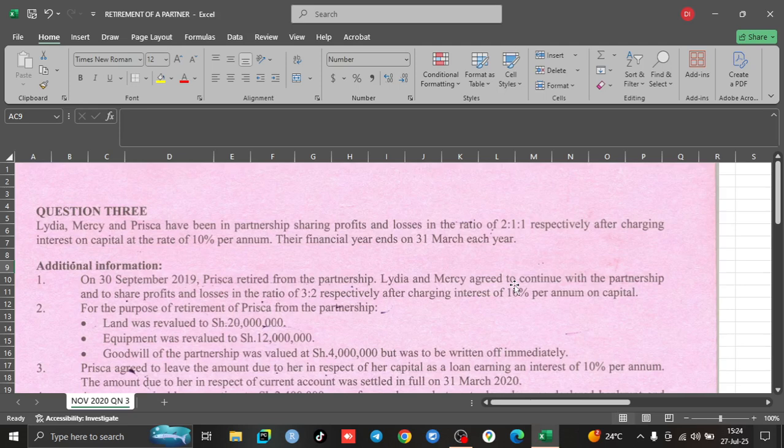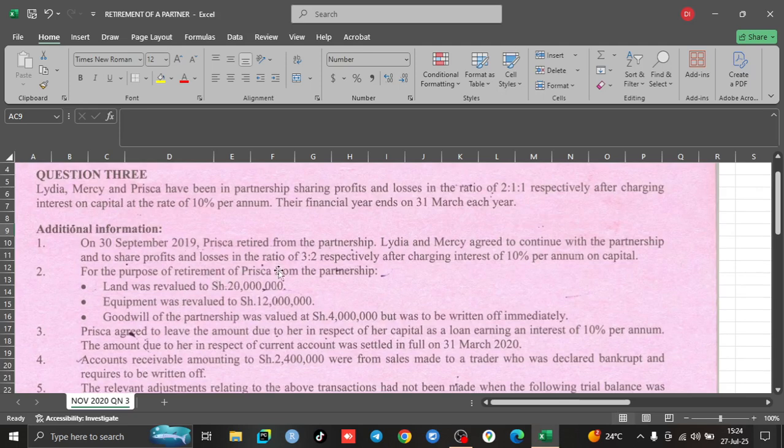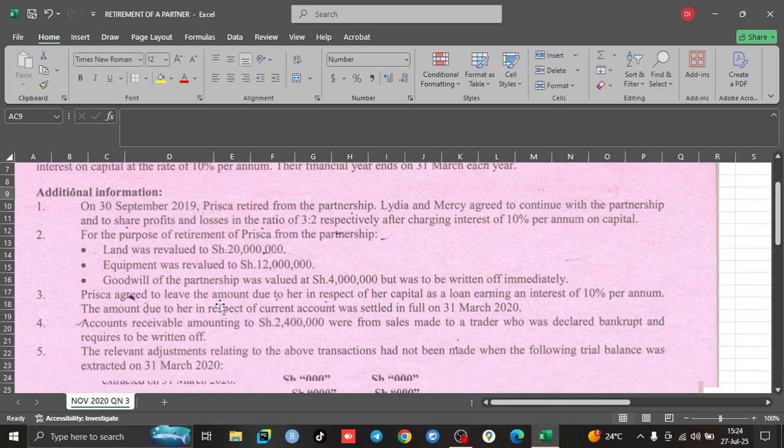So it's still going to remain the same in terms of interest on capital. Then for the purpose of Priska's retirement from the partnership, the land was revalued to 20 million, equipment was revalued to 12. Goodwill was introduced into the partnership but was to be written off immediately. Priska agreed to leave the amount due to her in respect of her capital as a loan, which was earning an interest of 10% per annum, and the amount due to her in respect of her current account was to